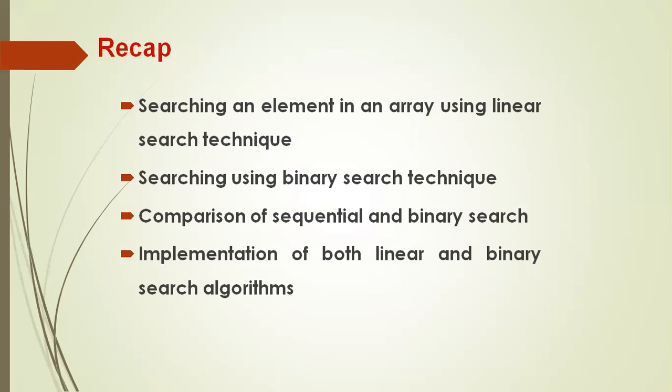In the case of binary search, one condition is that the elements must be in sorted order. Once the elements are in ascending order, instead of comparing the search element starting from A0, we straight away compare the search element with the middle element. If the search element is less than the middle element, then only the first half of the array is searched. If it is more than the middle element, we search only the second half of the array to determine whether the search element is found or not. So compared to sequential search, binary search is more efficient.